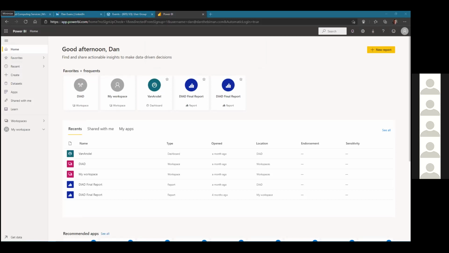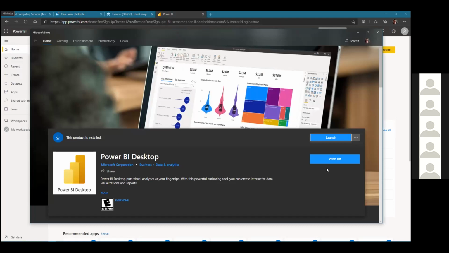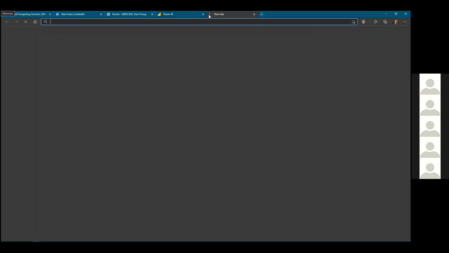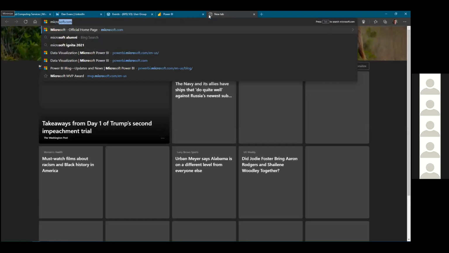And again, it popped up here. For those that have Windows 10, it's going to want you to use a Microsoft Store solution. If not, what you can also do is go to, say, Microsoft Downloads,